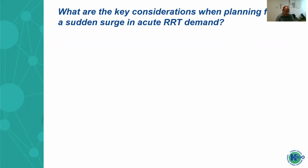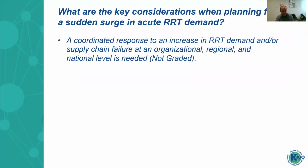So that kind of concludes my discussion of the aspects pertinent to individual patients. I really want to now dwell a little bit on the key considerations when considering a sudden surge in acute RRT demand in the context of COVID. And we made a few statements on this, and it has to be recognized that